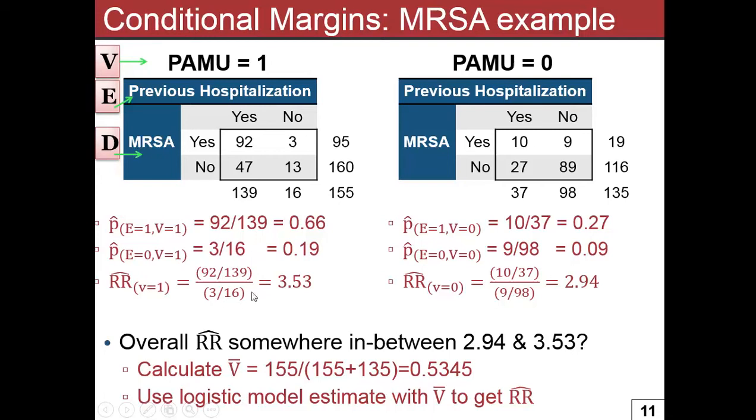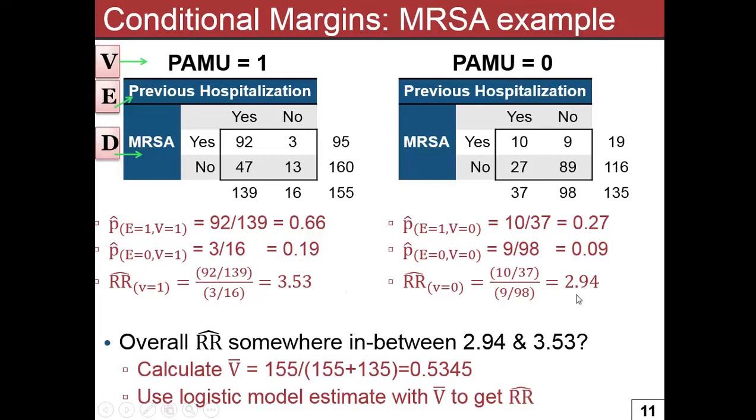And first of all, does this kind of bring back memories of the Mantel-Haenszel approach? Remember we used to do this kind of thing? The whole idea of the Mantel-Haenszel approach is a totally other way to deal with this, but without logistic regression. We're going to get a risk ratio with logistic regression. Remember, Mantel-Haenszel was going to break it out by the V's, and then you smush it back together in some way to get an average risk ratio that's basically